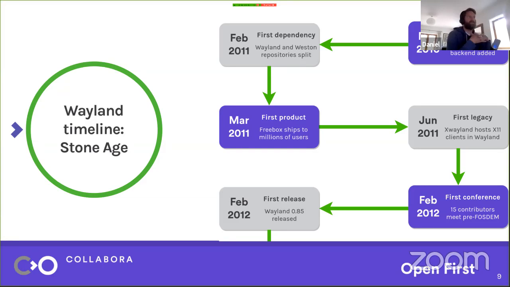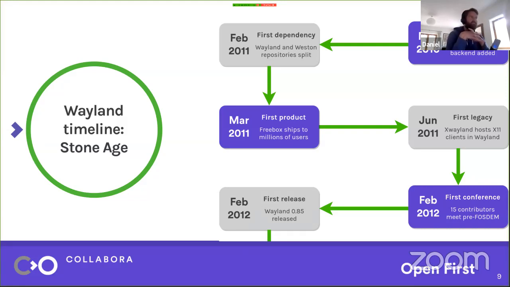So we see through 2011 that we have Weston, the compositor, running on top of Wayland itself in the nested mode for the first time. And then Weston moving out to a separate repository from the Wayland core as well. And that was quite important because it acknowledged that there would be multiple implementations of Wayland, and more importantly, that Wayland itself was ready for multiple implementations and for people to take it outside of this sandbox and try it